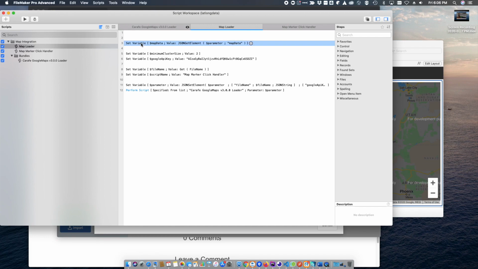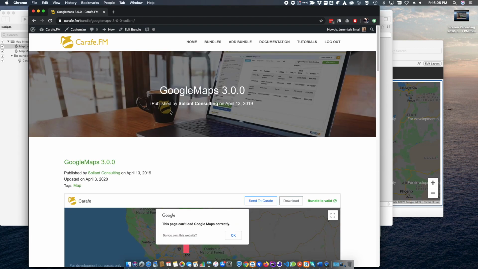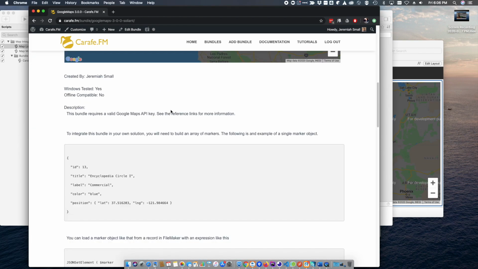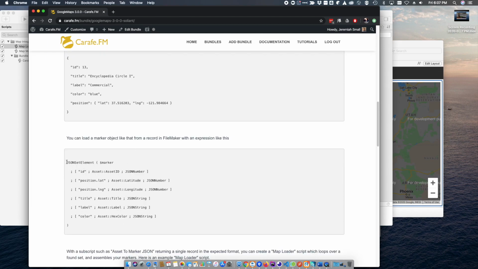Now, the real trick is, well, how do you create the map data? So I mentioned going back to the website is a convenient way to read the about stuff. And in this one, it does have some explanation about how you're supposed to build the map data. So basically, the map is an array containing a bunch of objects that look something like this. This is an example of an object. This right here is actually a FileMaker expression, which, if you have a table called asset and you have a bunch of fields, would resolve to your